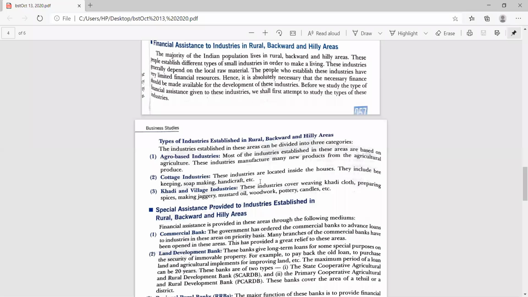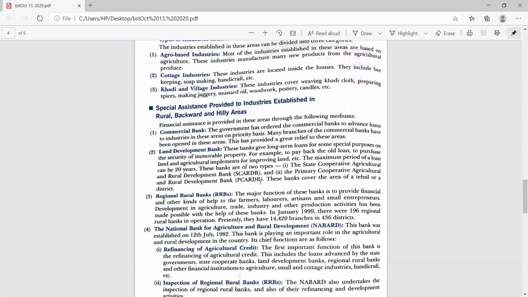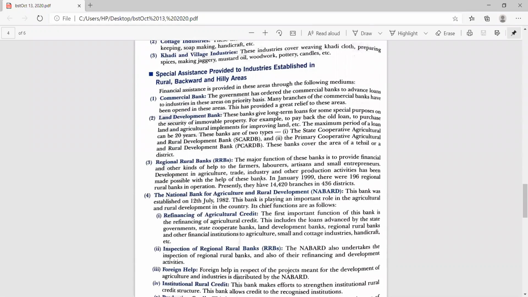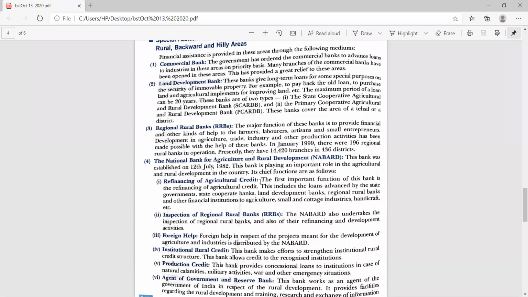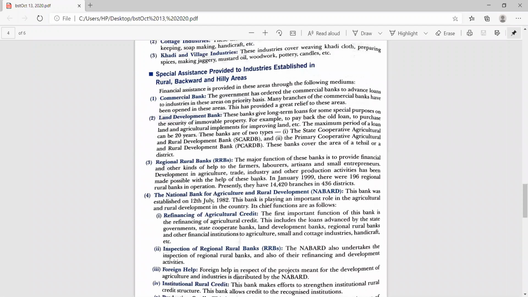Now see what assistance is provided to them. No doubt financial assistance can be provided through banks only. So various types of banks have been opened. What to do? We will do the group discussion tomorrow about this topic, and you have to read each and every bank, its meaning, and mark for which purpose that bank has been opened, or what is the objective of that particular bank. Like the commercial bank accepts deposits and provides loans to the people. Land development bank,